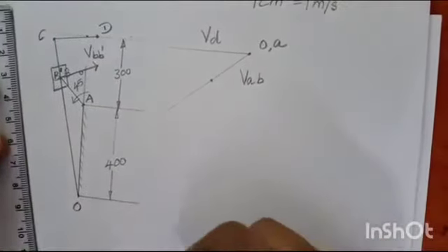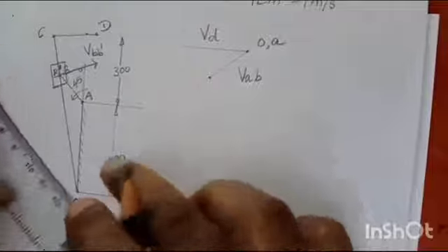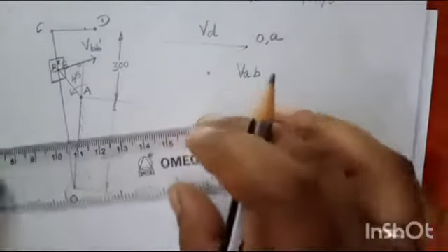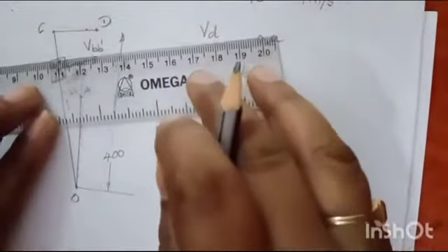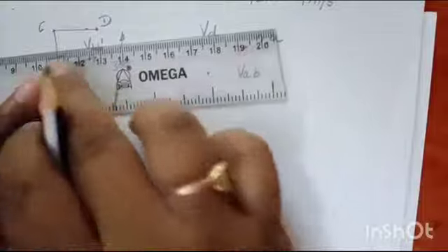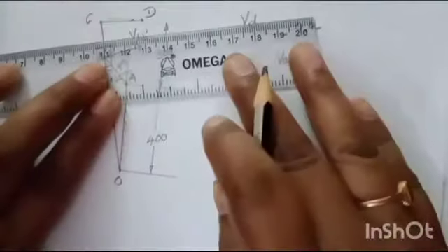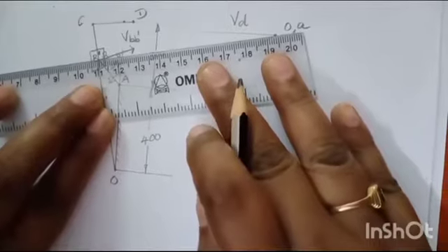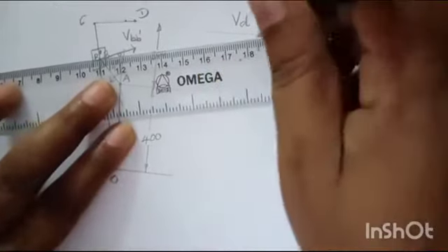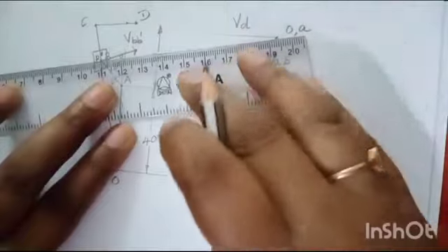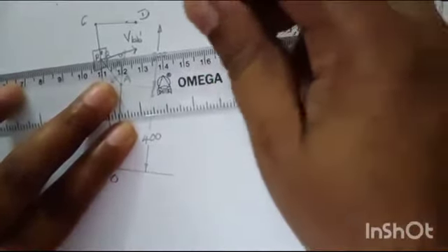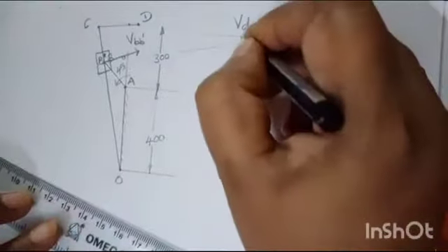While moving further, you need to take this CD. This slotter's OC has output velocity. For this OC, take a perpendicular line. Simply keep this measuring line parallel to this link OC and drag it. You will get this OC line, that means velocity of C you will get directly. With respect to O, you will get velocity of C. So in this case, this is your VC.